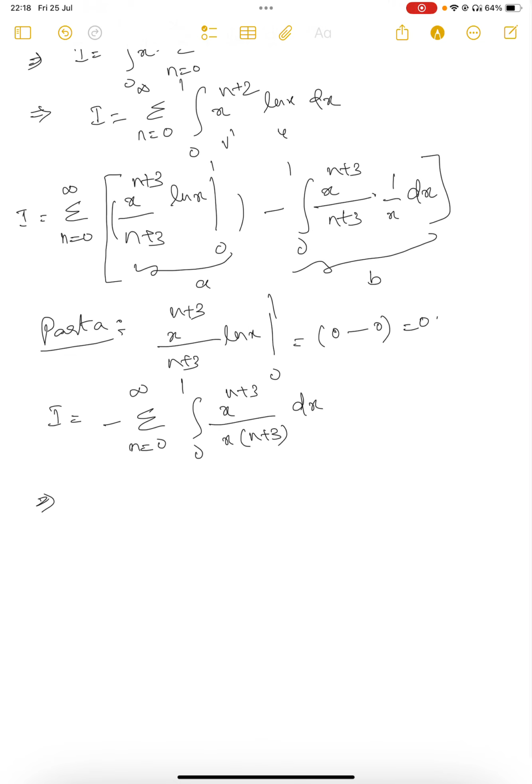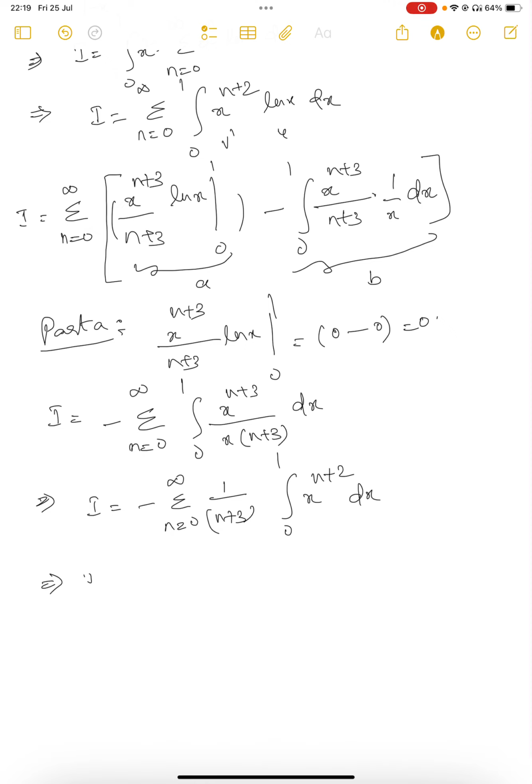Which can be written as I equal to minus of summation n equal to 0 to infinity, because n plus 3 is constant we can move it out, 1 by n plus 3, then integral 0 to 1 x power n plus 3 minus 1, which is n plus 2, dx,